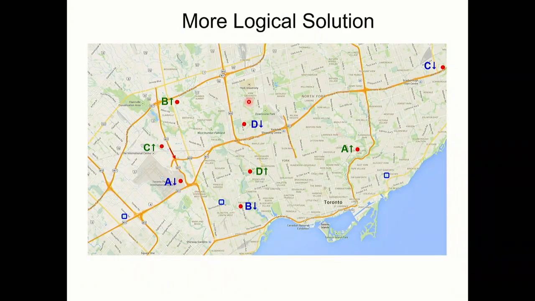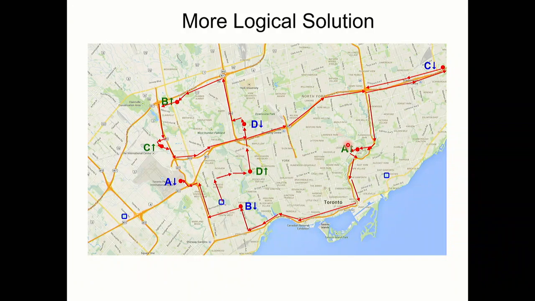Okay. So a more logical solution, for example, would be to start at a certain depot, like in this case, we started at depot 1 instead of depot 0. Since D is very close to us, it's a pickup intersection. So we're going to visit D pickup and then drop off D, go pick up B, pick up C because they are close to each other, and then drop off C at the other side of the city, and then while on the way, pick up A because it's close to us, drop off B, drop off A, and now